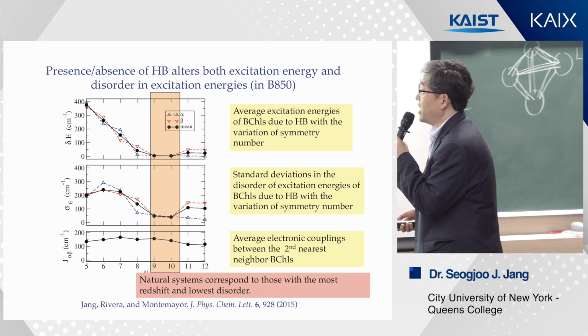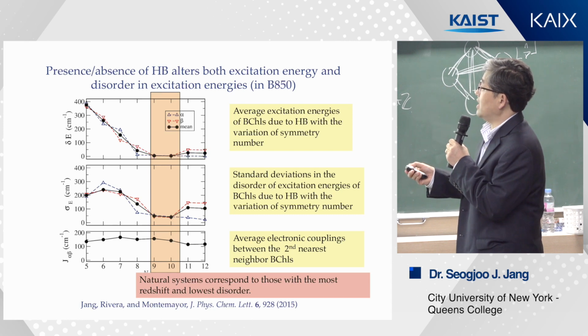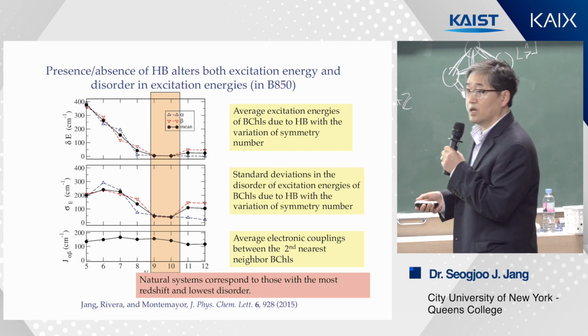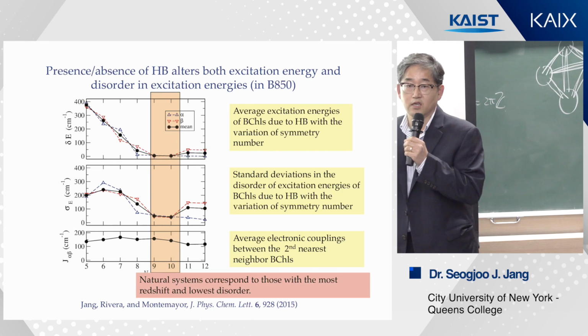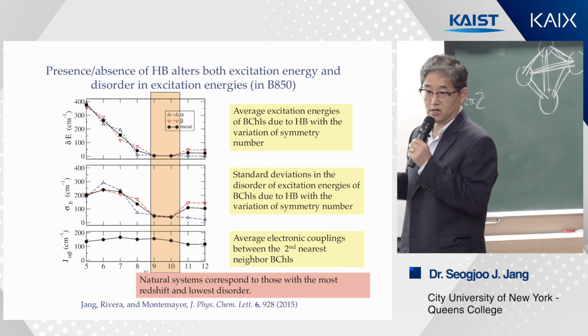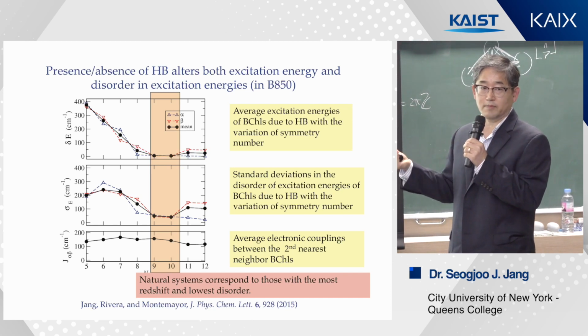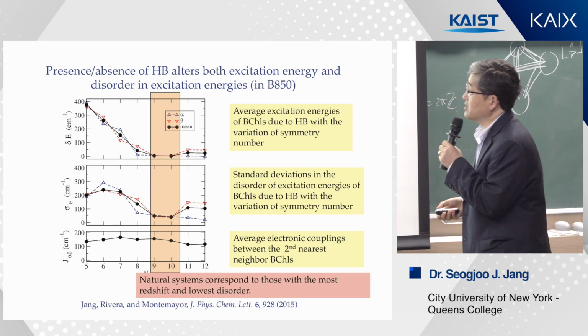As a result, different synthetic complexes have different average excitation energy. If the system has consistent hydrogen bonding, there is less disorder. But if there is more chance of non-hydrogen bonding mixed with hydrogen bonding, there is more disorder in the excitation